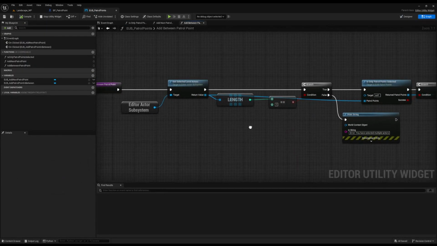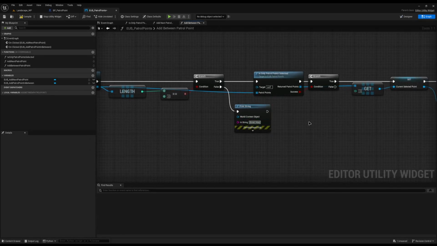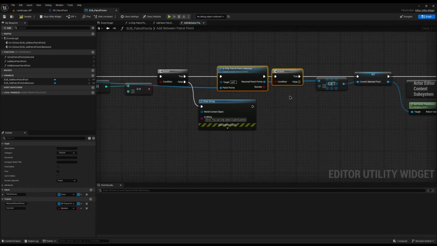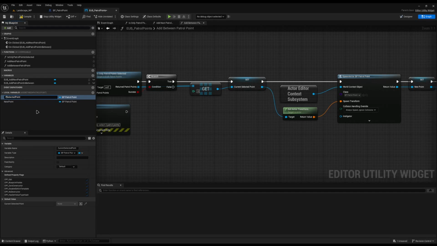So the first thing we need is if the length is equal to 2, then we can continue. The error will be you can only select 2 patrol points. So only patrol points selected, that is perfectly fine the way it is. So we do want to still get the first one, and then instead of current selector point, I'm going to rename this variable to first selector point, and I'm going to Control or Command D duplicate it, and I will